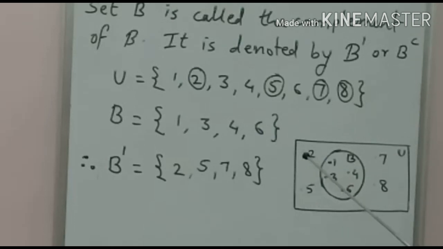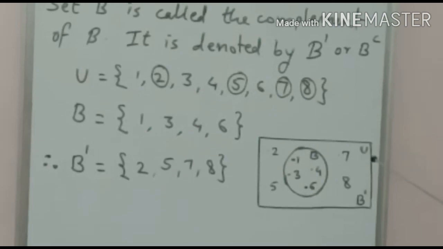So we write only the remaining elements, that is 2, 5, 7 and 8, which are the complement of set B, and therefore in the lower side or upper side we write the notation also like this. Here we write the universal set symbol U. Here we write the complement of B, or B dash, with the elements 2, 5, 7 and 8 being in B dash, which means the complement of B. So using a Venn diagram we represent this relation.